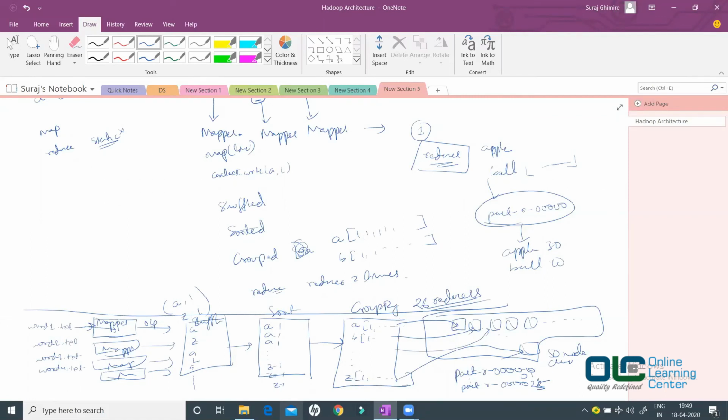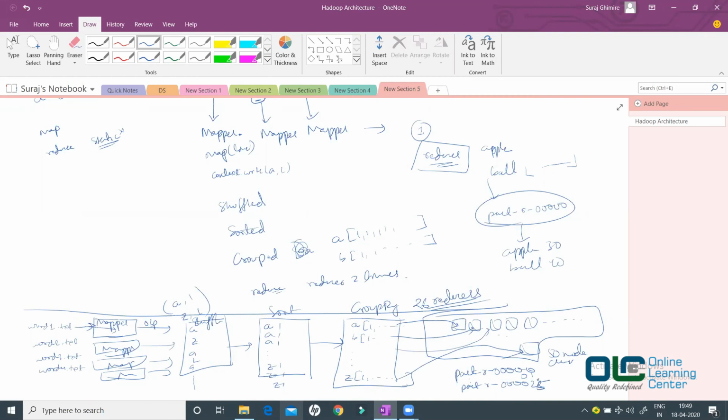So, if you have 26 reducers, will it increase the network traffic or not? That depends, because at the end of the day, when you want to process this data, either you send it to one reducer or you send it to multiple reducers, the amount of data which is traveling would be nearly the same. The only advantage you would get is, when you have more reducers, you are processing that data in parallel.